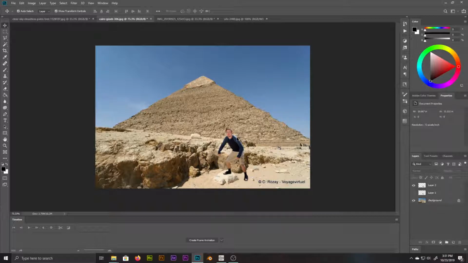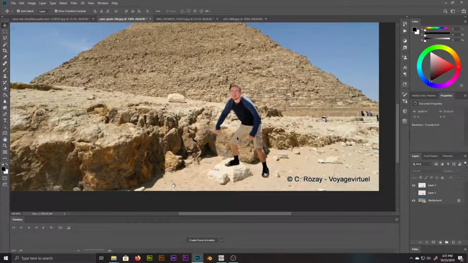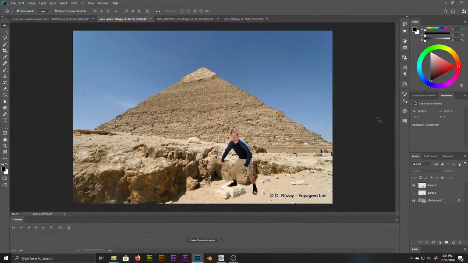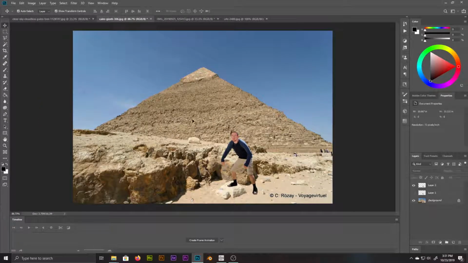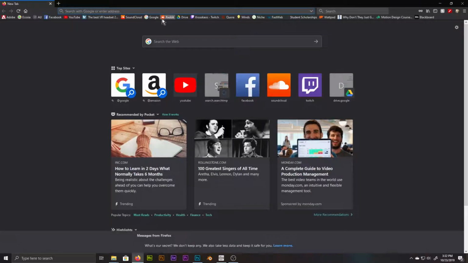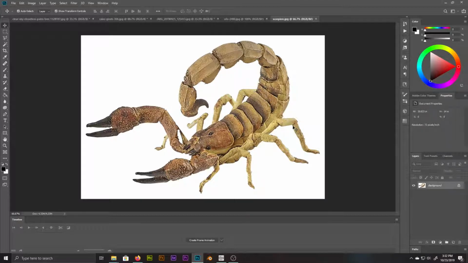Okay, so now I have been relatively successfully composited on top of this background, even though I don't have any shadows or anything, and the lighting might not be entirely right. The composition is just kind of boring, so let's find something else to put in there. So luckily for us, I've found an example. At least I thought I did. Oh no, I don't have it anymore. Hang on. So we've got the scorpion, and I'm going to try and select it with our fourth selection tool,